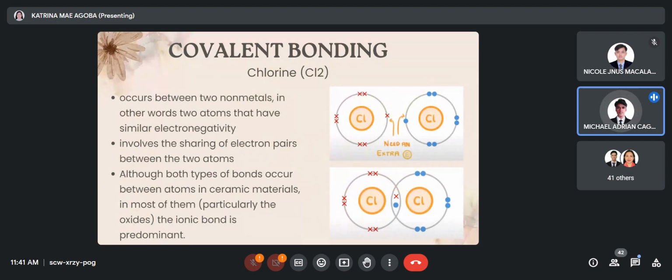This is just like the ionic bonding, but in this bonding, the two nonmetals who lack an electron will share electrons to make each other stable. An example of this is chlorine, yung Cl2. The chloride, when combined with another chloride, in this case, both lack one electron. So they will share the electron, thereby making them stable. It is also said that, excuse me, though both bonds are predominant,